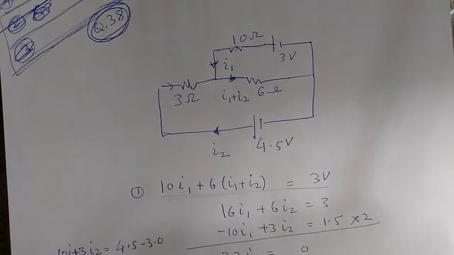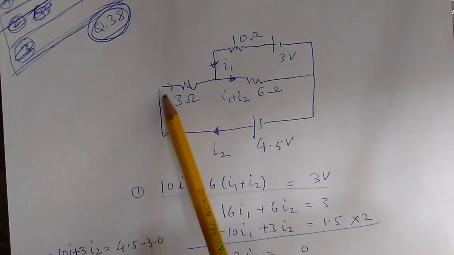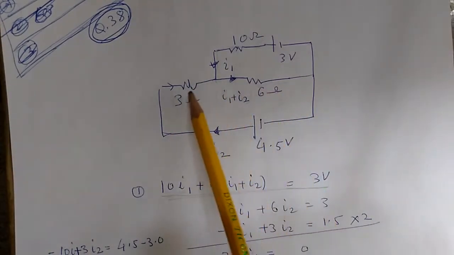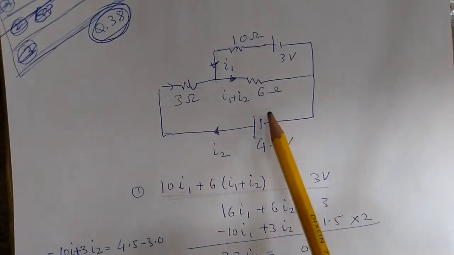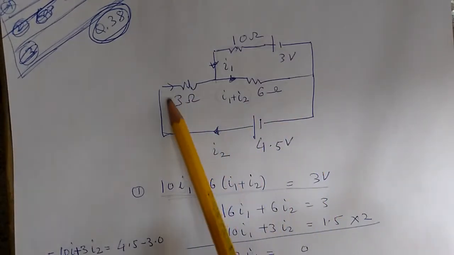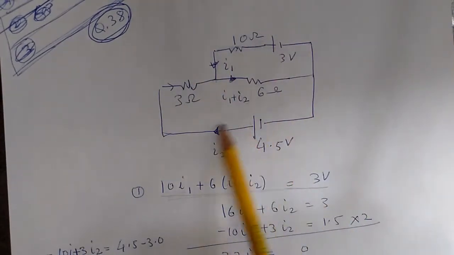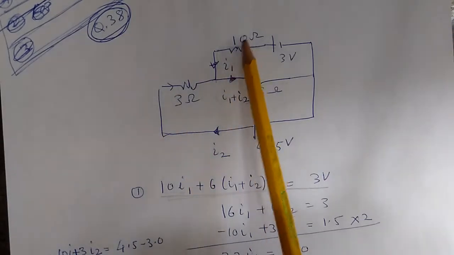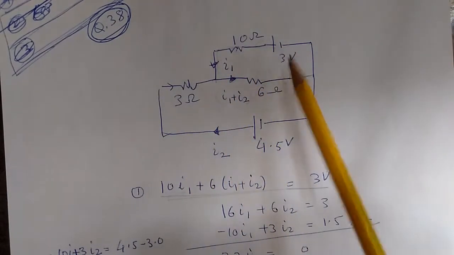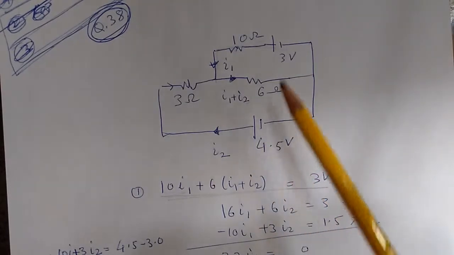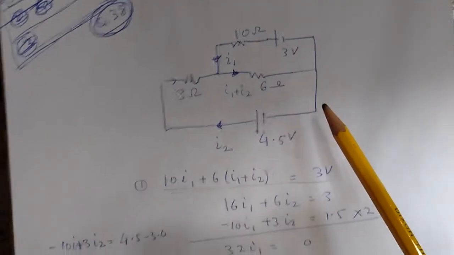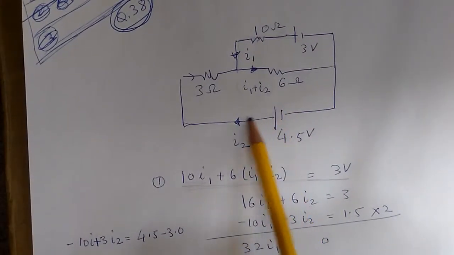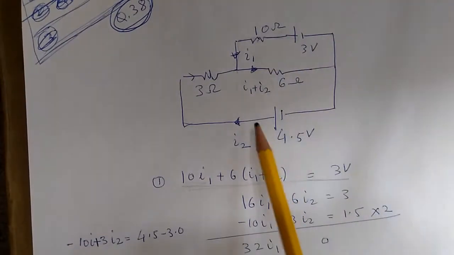Now for the second loop, we can take this loop, and the problem with this loop is that we will have I2 and I1 plus I2. Another option is we can take this loop. It looks to me that this loop is simpler because we have only I2 current flowing here and I1 current here. We don't have to deal with I1 plus I2, and we have 2 batteries that we can deal with more easily. So these are the decisions you need to make quickly, to see which of the loops is the more simplified version. So if we assume that this is the direction we want to traverse this loop,